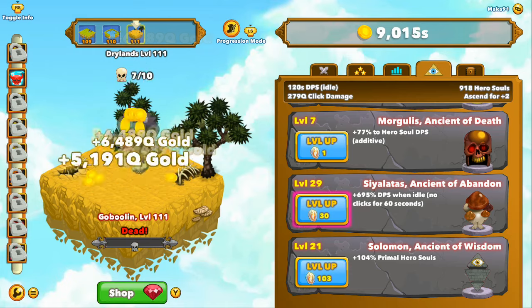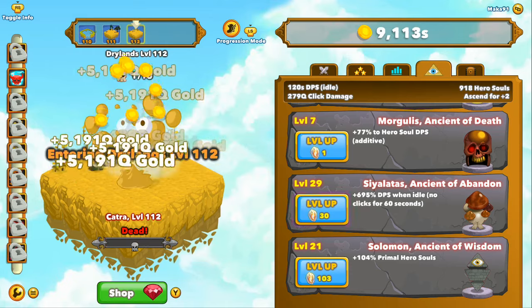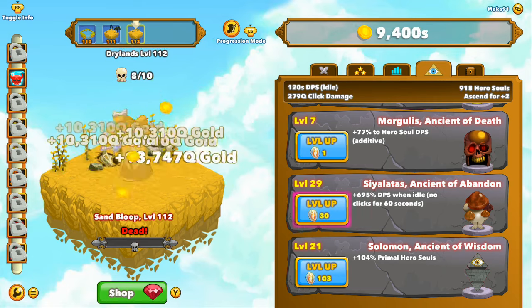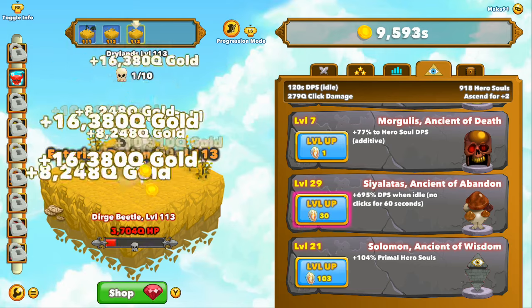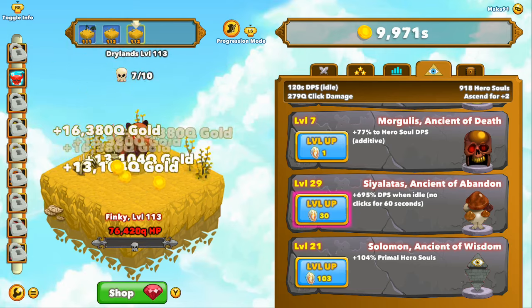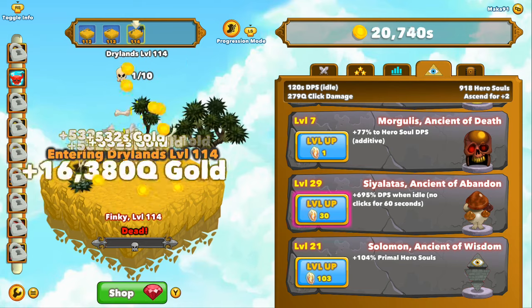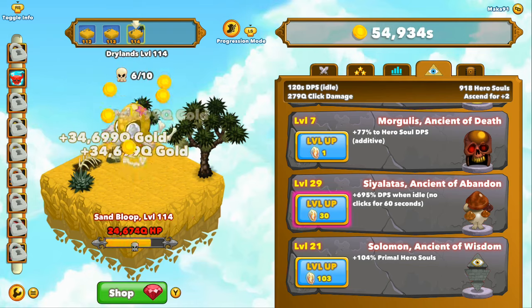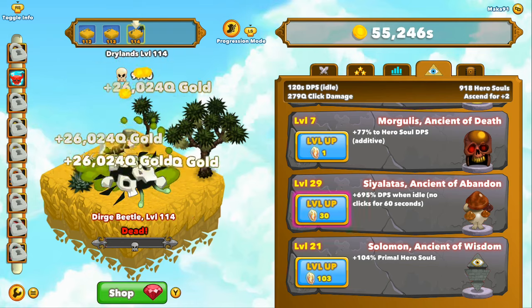In my case, Sia's level 29. We add 1 to 29 to get 30. 30 times 30 is 900. That means I should have roughly 900 hero souls, and I have 918. Now let's say I had 2,000 hero souls. That means I have too many hero souls, and I should invest them into my ancients